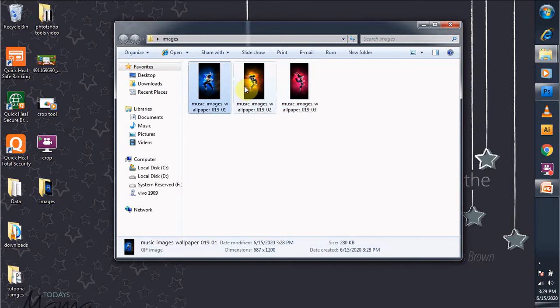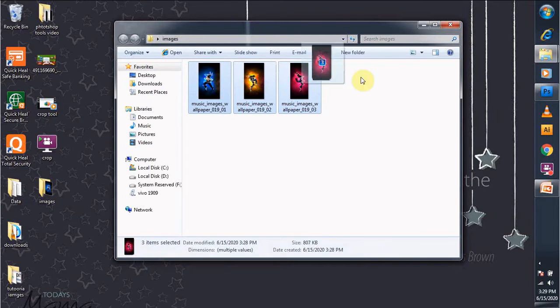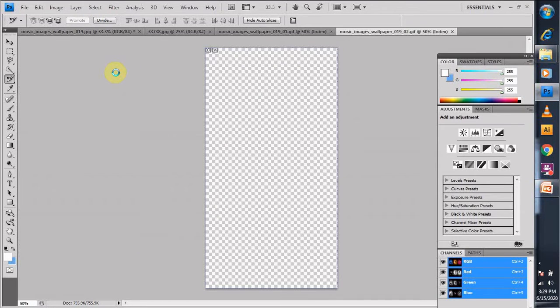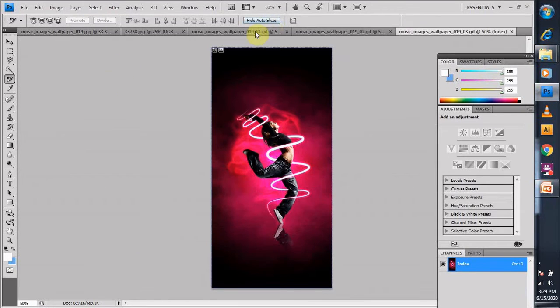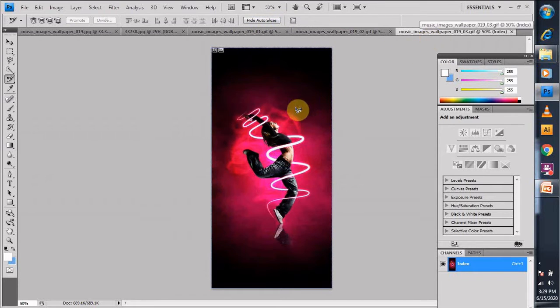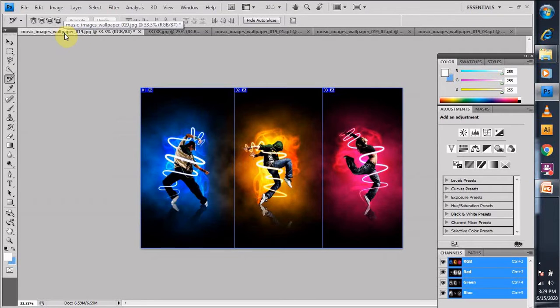Now we'll take all three parts, bring them into Photoshop, and arrange them properly. You might be thinking that this can be done through crop also, but when we use crop, we cannot divide the image and bring out the exact shape.